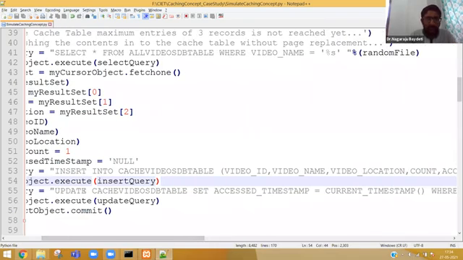For non-CSE background students, insert means insertion directly. Update means after insertion, if you want to modify anything, then you need to write an update query.